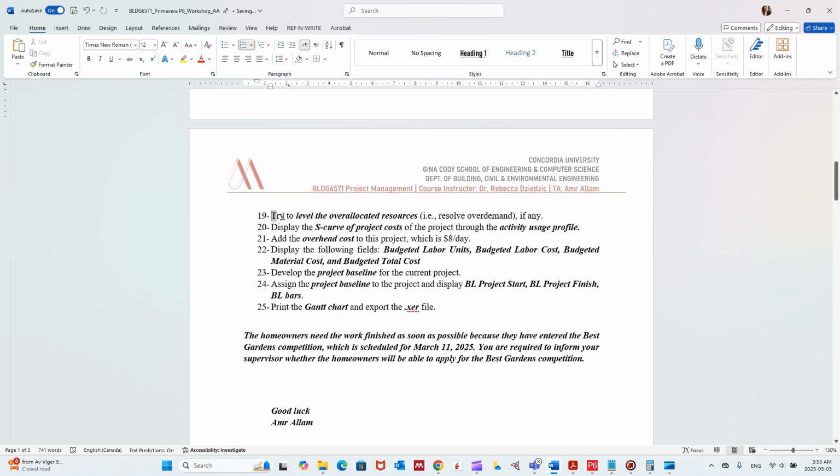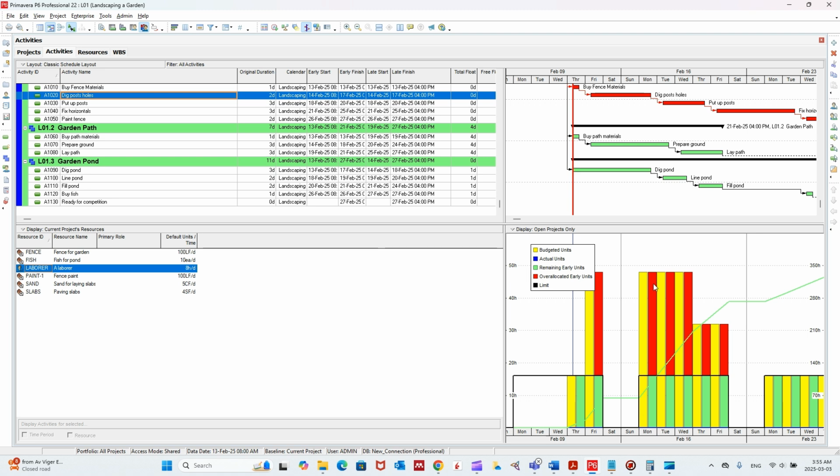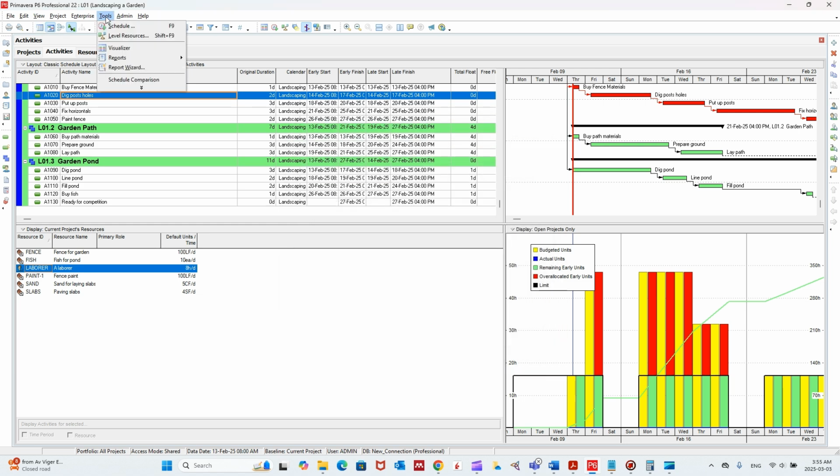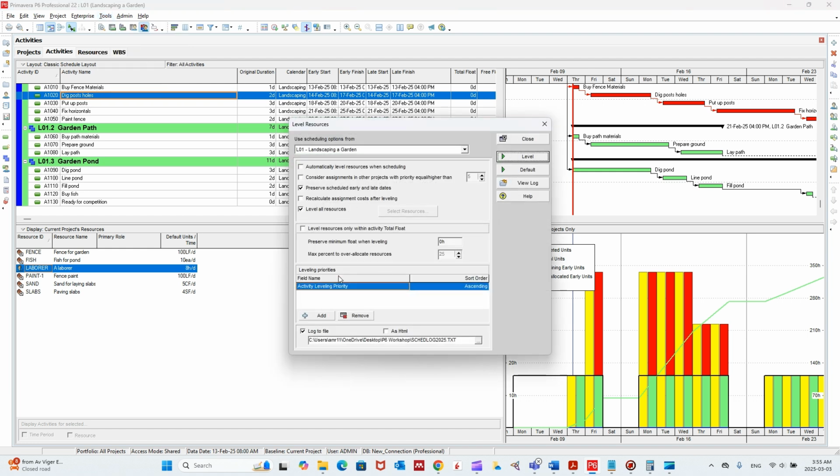So anyway, let's go to step number 19, which is the allocation, or resolving this over demand. How we do it in Primavera, I'm not going to go into details. I'm just going to tell you how it's done, and then we move on. So we click on tools. We used to click tools schedule. No, here we're going to click on tools, level resources. We should define the priority for how to resolve this over demand. I'm not going to do this right now,